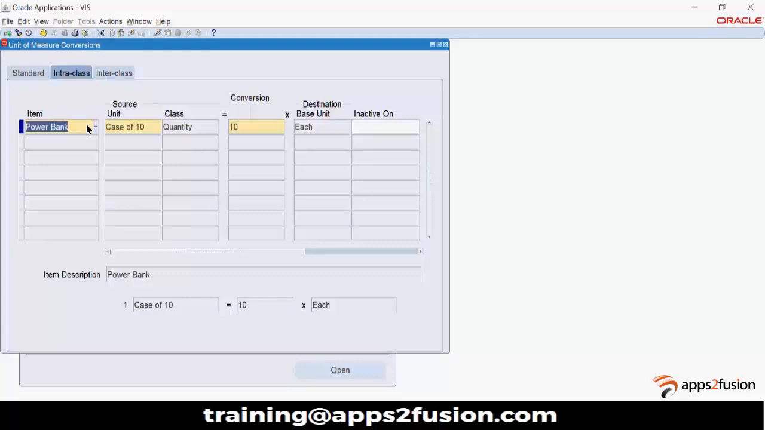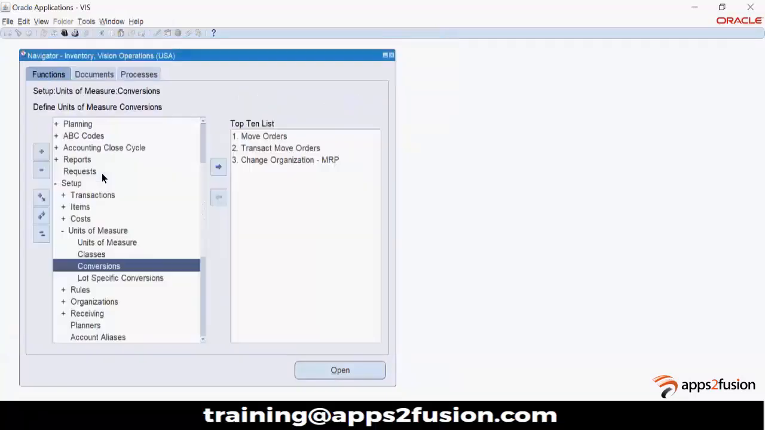So for this item you see power bank. The primary unit of measure is each, which is its base unit of measure, and then I have defined another unit of measure called case of 10. Now what it means is that if case of 10 is the unit of measure, then the conversion factor would be 10. Like in a case there are 10 eaches, which is 10 of the power banks itself. Okay. Now in our price list, when I go and tell the price,